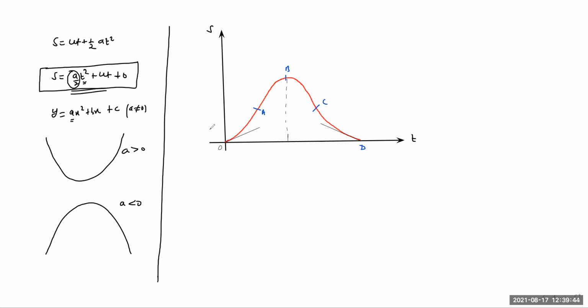Now from A to B, sorry, the main case. O to A, slope will increase or decrease. That's simple. Slope means the steepness will increase or decrease. O to A, it will increase. And A to B, decrease. Sir, it is retarding A to B, and sir, B to C, it is accelerating in negative, means opposite direction, and same with C